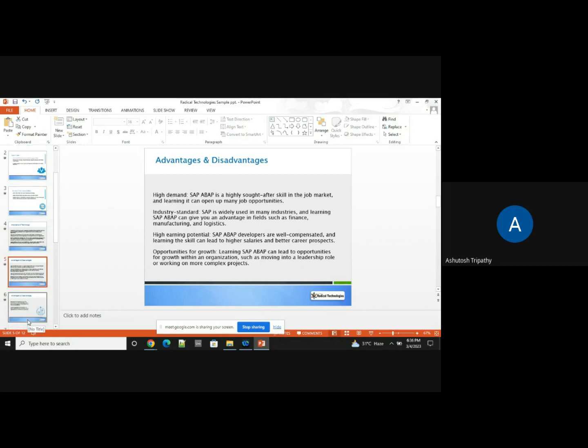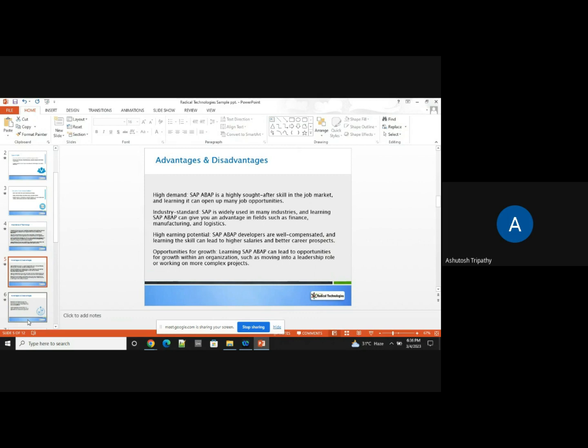Coming back to the advantages and disadvantages, as I said, it's a high-demand language, because the job opportunity for an ABAPer is very high. Why? The reason being, if somebody is using SAP, you can only hire an SAP developer, which is basically an ABAP developer. You cannot hire a C, C++ developer. So what happens? Very few people are actually present in the market.